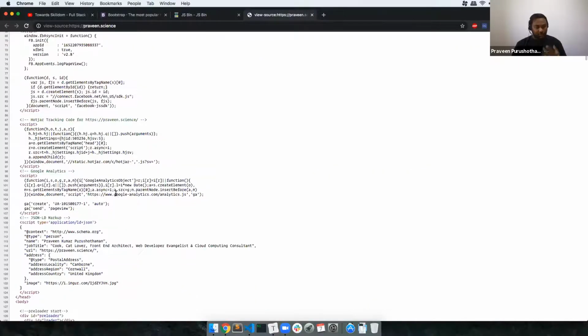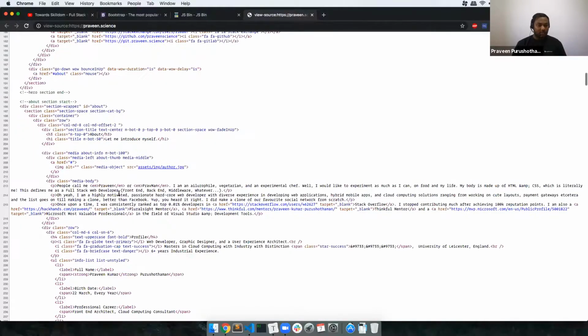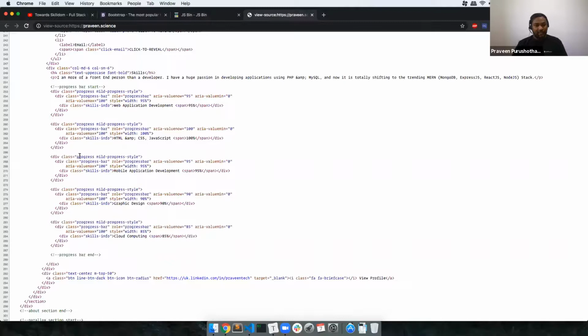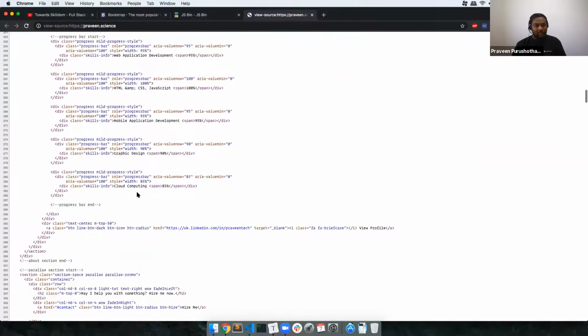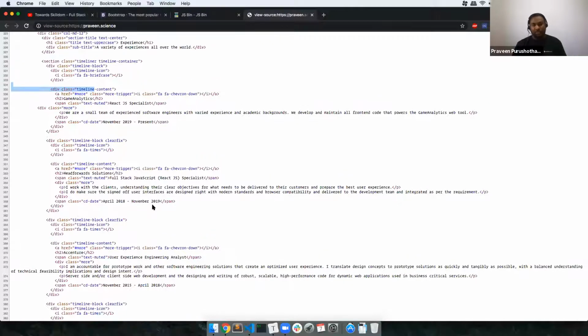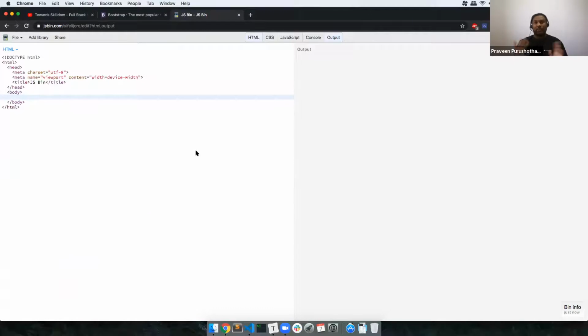So this is an old version of Bootstrap, and you can see almost all these things are built using Bootstrap. Look at the code. It is very simple: all simple divs and simple classes, most of them Bootstrap based. So Bootstrap is that powerful. Even a basic website can be converted into a Bootstrap website and will have a decent look.